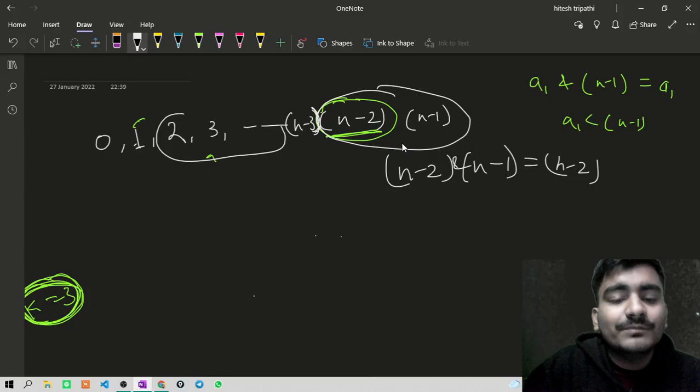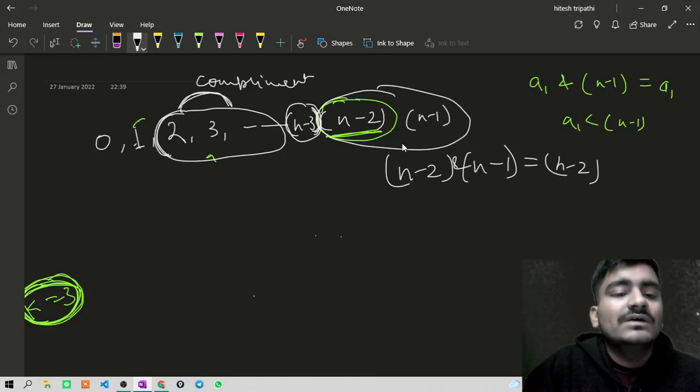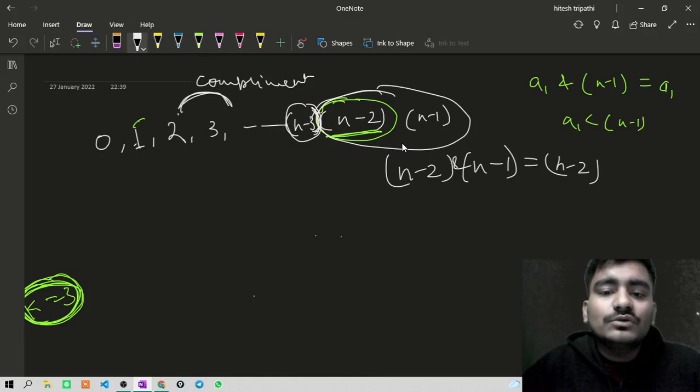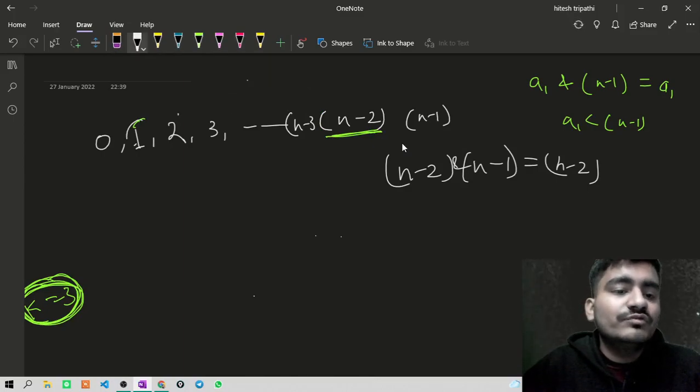all the rest of the pairs when I will be taking the complement, this n minus 3 will not come into use for me. So simply get it like this, that I have used these two numbers. I already used n minus 2 and n minus 1. Now I am going to use 1 also with some number. I don't know with which. I cannot use it with 0. I cannot use it with 1. So these two numbers are not valid.